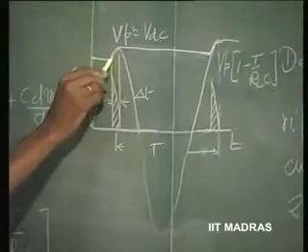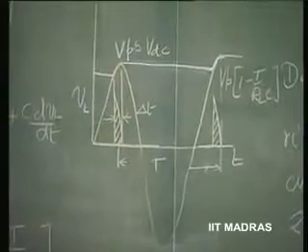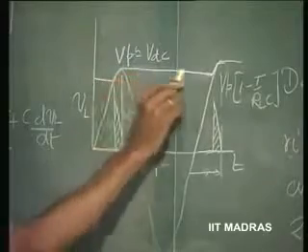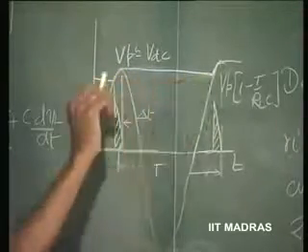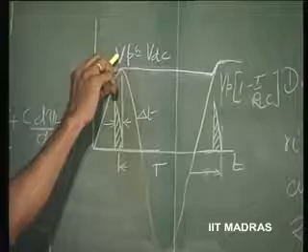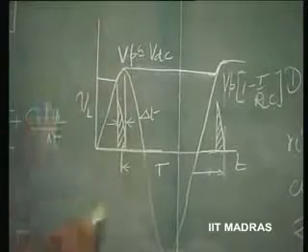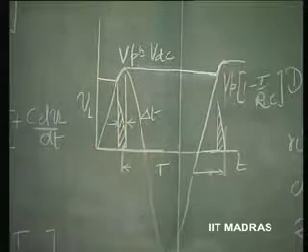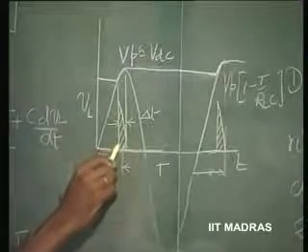This is the time the capacitor takes for charging, and this is the time during which it is discharging. So, the amount of discharge, that charge, should be equal to what it has acquired here. That time interval is delta t, let us say, suppose it is very small. We would like to know how the current varies.